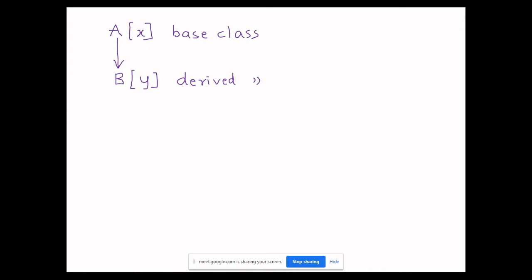This is one of the terminology set. You can also call it as parent class and this as child class, or else you can call it as superclass and this as the subclass.